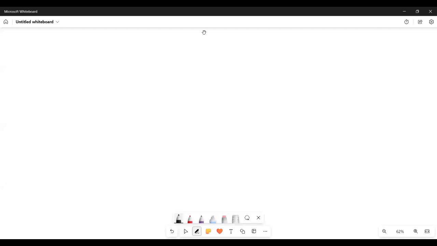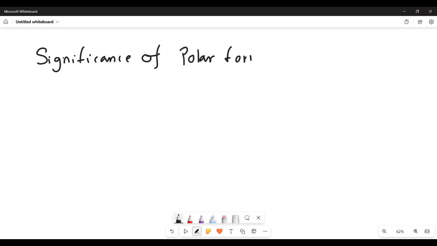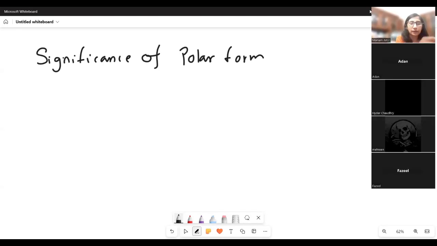So we're discussing polar form of complex numbers. Right now we're talking about the significance of polar form. So write down these couple of theorems,